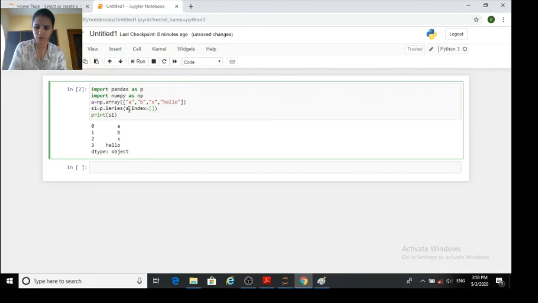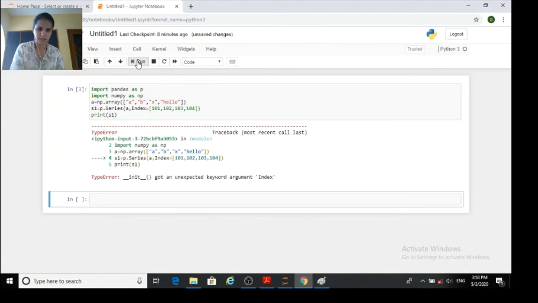Let's say if you want to give 101, then 102, then 103 and 104. Now this time we have created this. Now if we run this, there is some